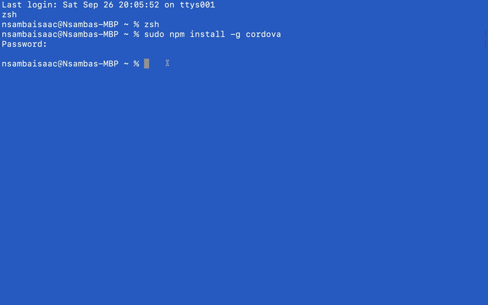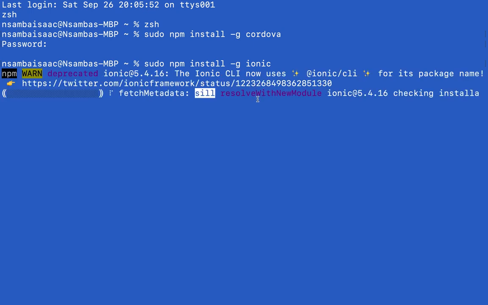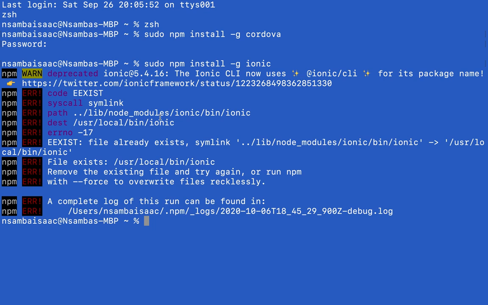Okay, after it has finished installing Cordova, we'll go ahead and run, still with sudo, npm install, and this one will also run and install the latest Ionic version onto our respective machines. Okay, we have an error, so they are telling us that we need to use this instead of just installing